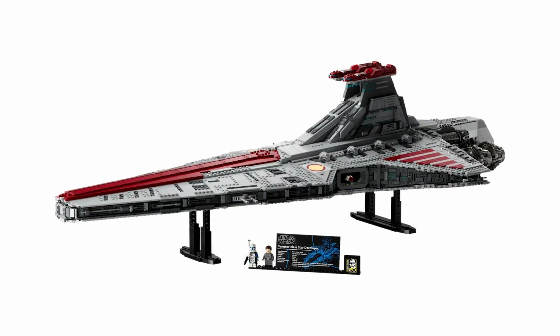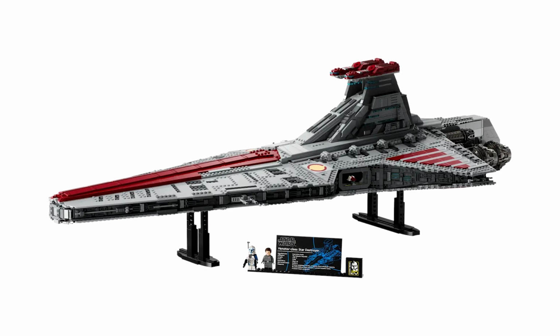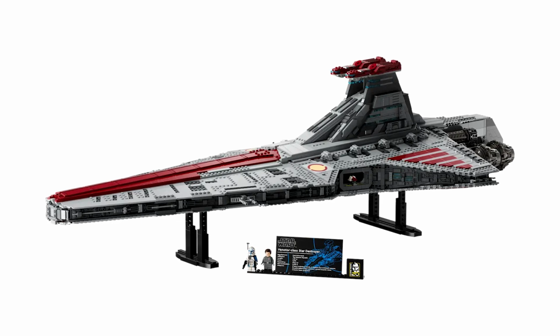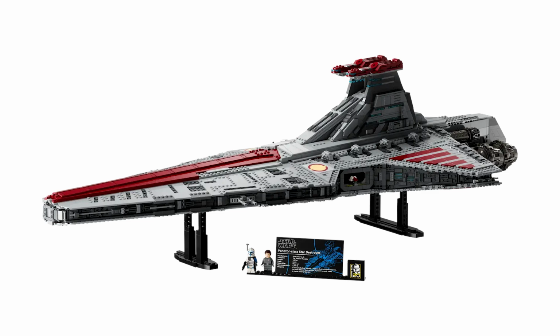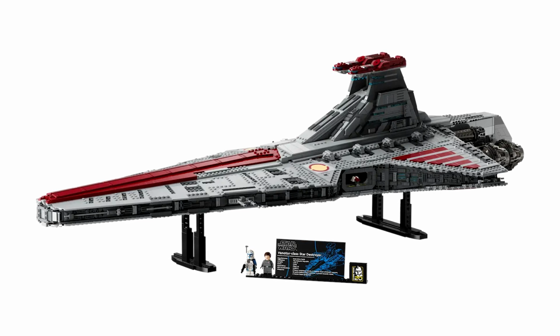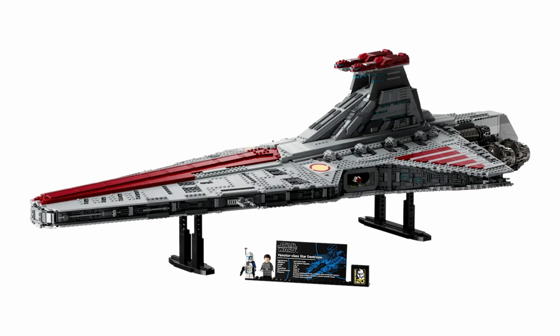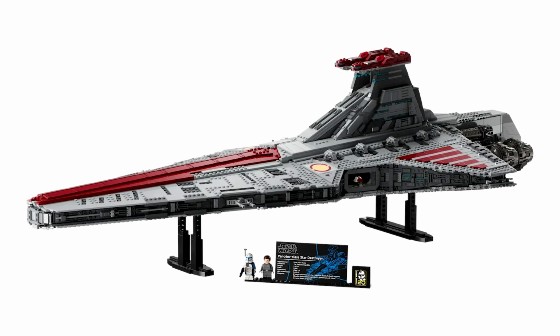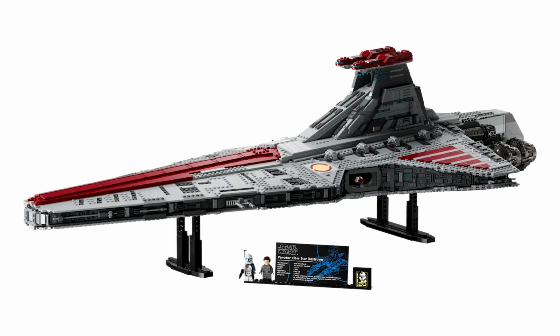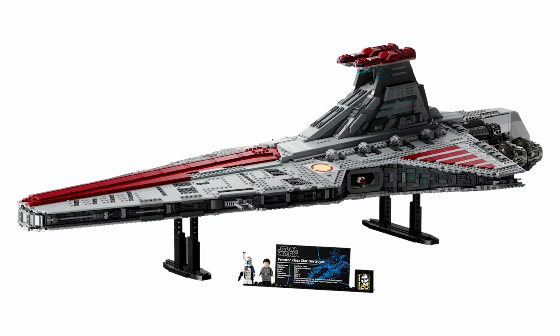And look, I'm recording this in my studio. I am staring at the Venator right now. This thing is a behemoth. It is gigantic and a sight to behold. I think LEGO absolutely nailed the design of this set. Sure, it doesn't really do anything. It's a static model. It only includes 2 minifigures. Yeah, wah, who cares? It is one of the best display pieces LEGO Star Wars has ever given us, and